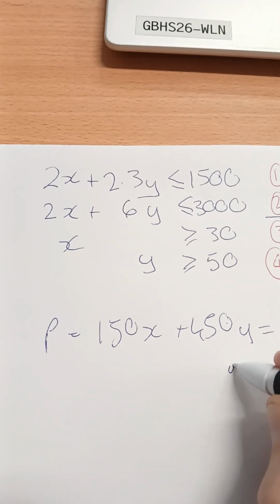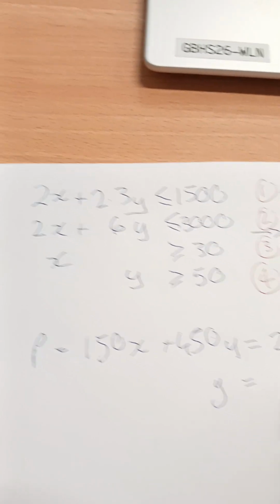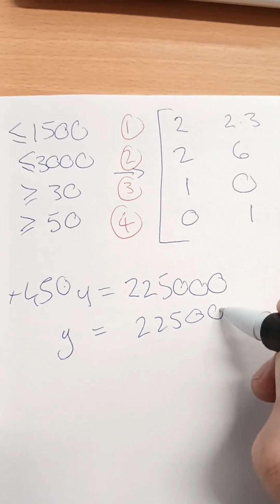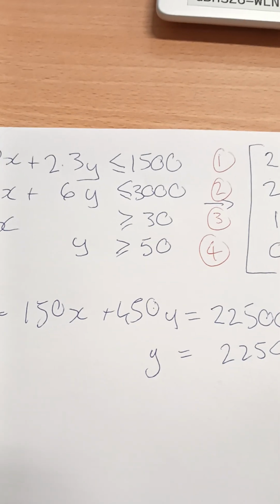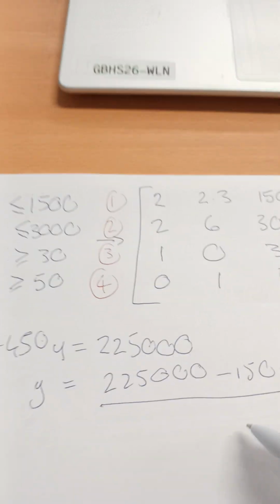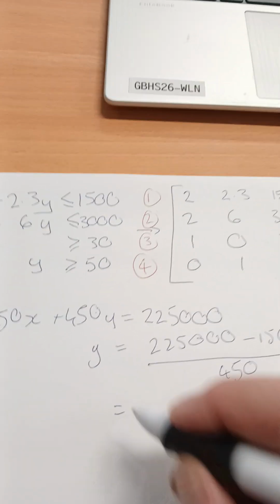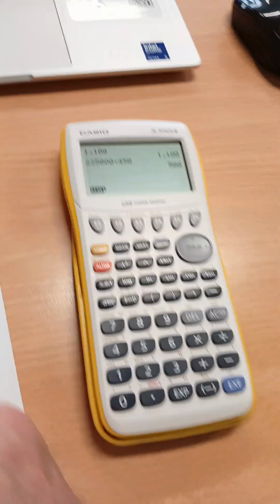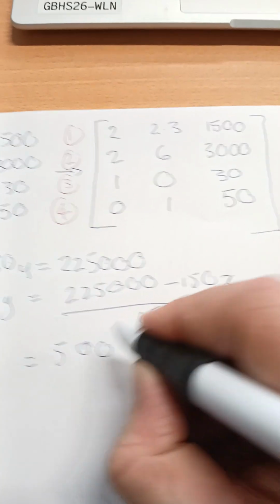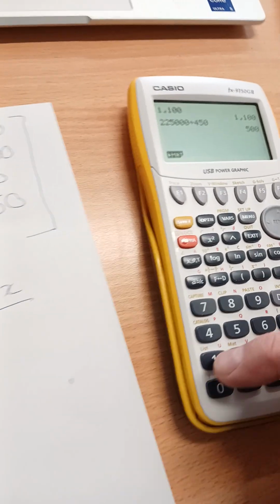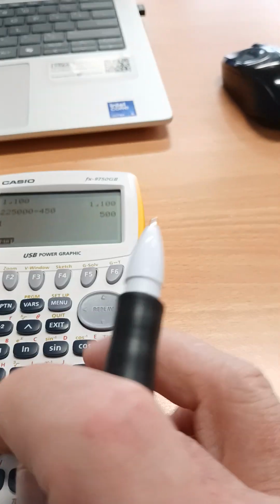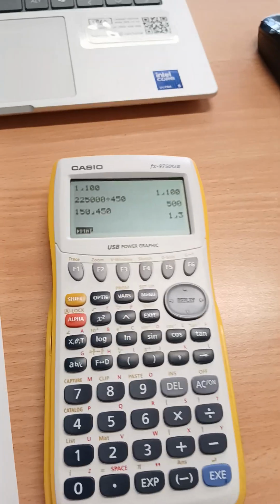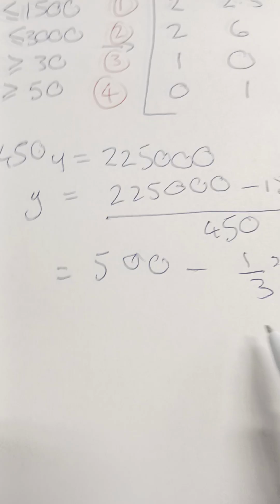And so we solve that for y, which is, and I'll just check some of those numbers, 225,000 divided by 450, 500, and 150 over 450 is 1/3. So we get that. And what we can see there, this is y,